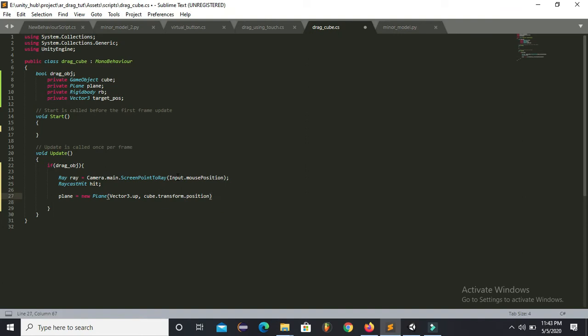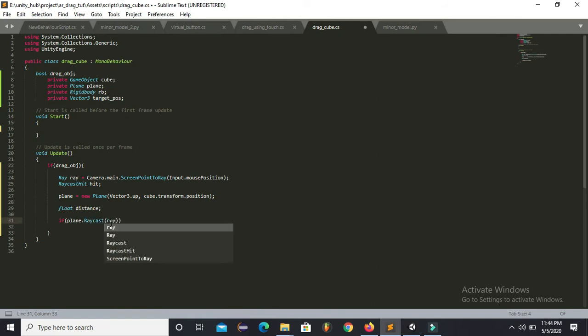So this will create a virtual plane where the cube will be lying. So now we'll use this distance. This plane won't be visible, it will be a logical plane, so that we can throw a ray only on this plane. And where we tap, a ray will be thrown from the camera to the position where we tap, and a distance will be calculated, and that variable distance will contain all the information about that point where we tapped.